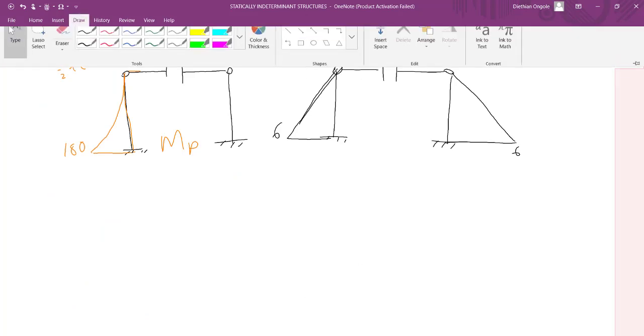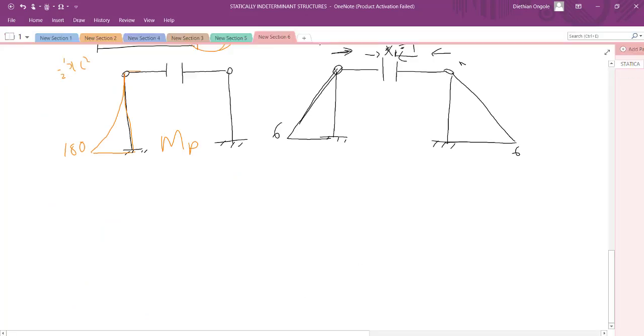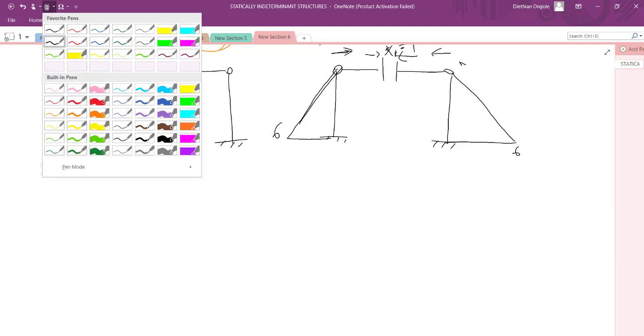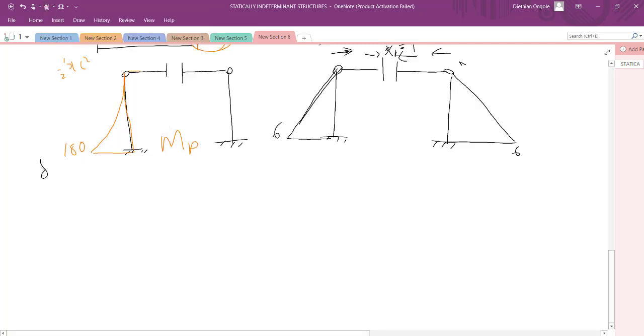So having done that, next we come and solve the equation: delta 11 x1 plus delta 1p is supposed to be equal to 0. So our delta 11 is got by multiplication of the